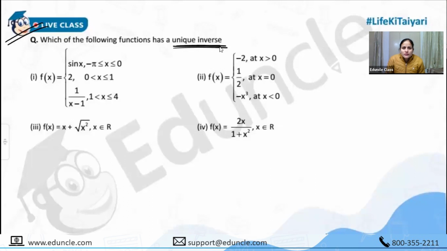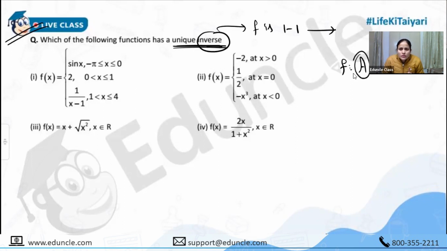Okay, so for the inverse function, first of all my function should be 1 to 1. If my function is 1 to 1 on the respective domain, then we can restrict our codomain as range, so that my function will become 1 to 1 and onto, that is, inverse is going to exist. Clear है ना? ऐसे किया था। सबसे पहले to define the inverse, your function defined from A to B,